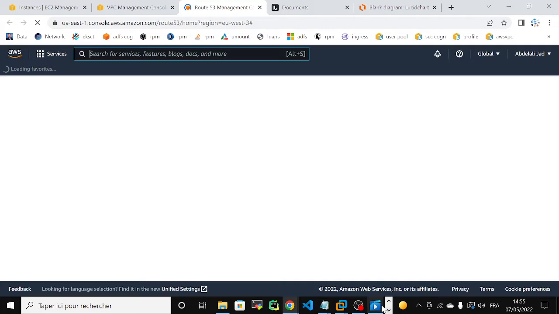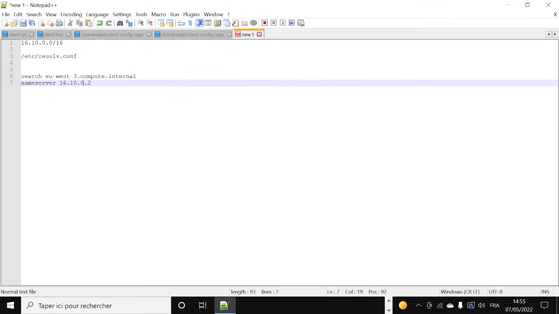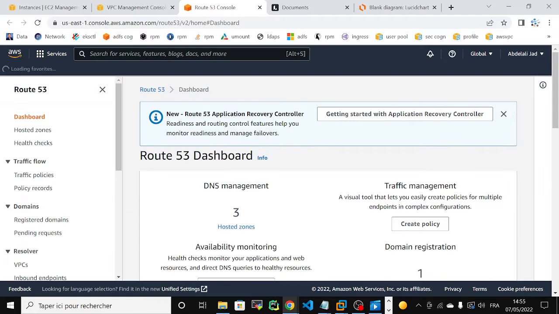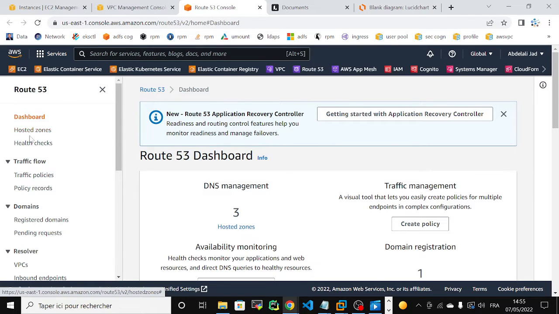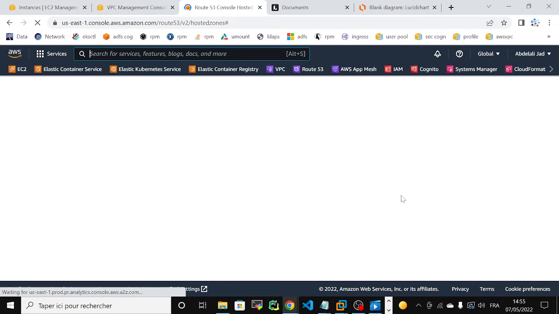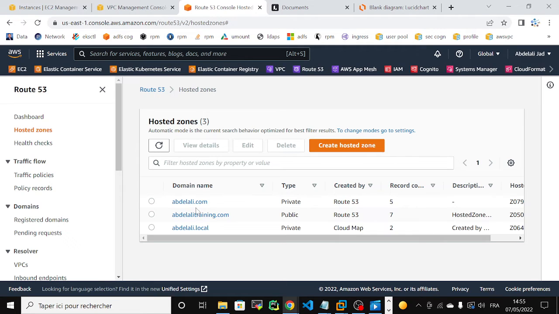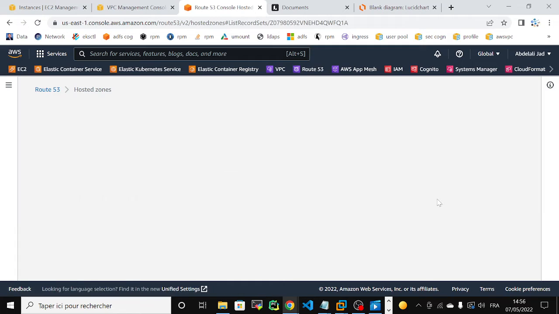For example, if I give it abdlali.com, then it will go to the hosted zone and the private DNS. Especially for the hosted zone, we have the public hosted zone and the private hosted zone. So first, it will go in to see whether, if I have abdali.com, I have to make